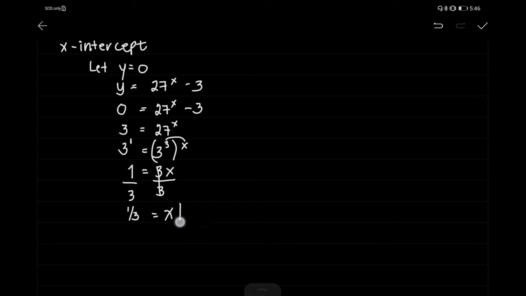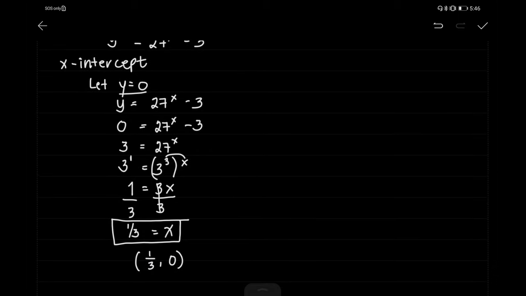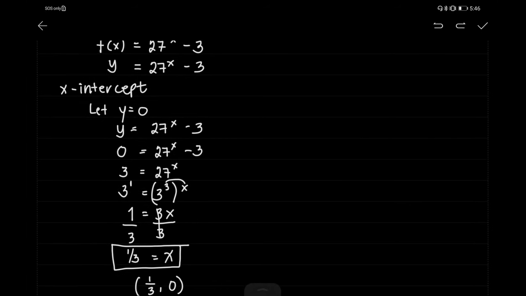So, ibig sabihin, guys, if x natin is positive 1/3, ang ating x-intercept is located siya doon sa ating x na kung saan ito is 1/3 at yung y value natin is 0. So, which is yung y natin na 0. Okay, so we are done with the x-intercept. Proceed tayo sa ating